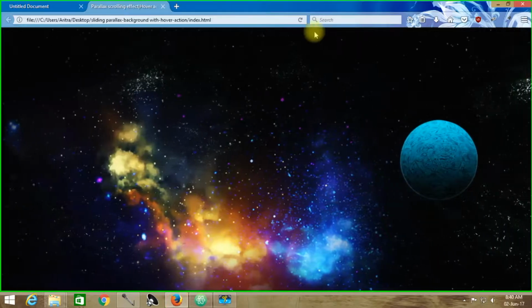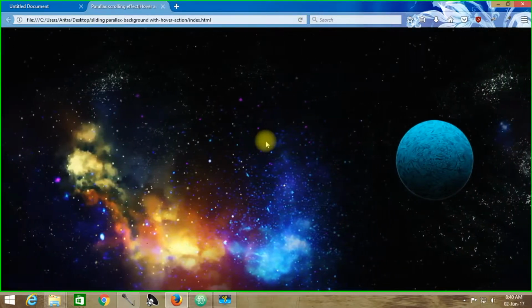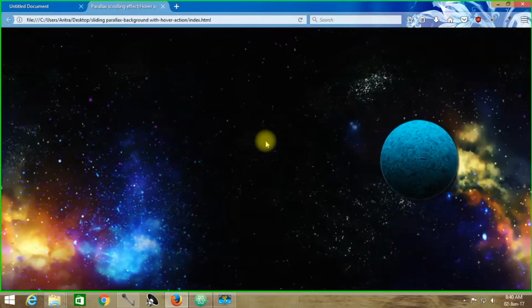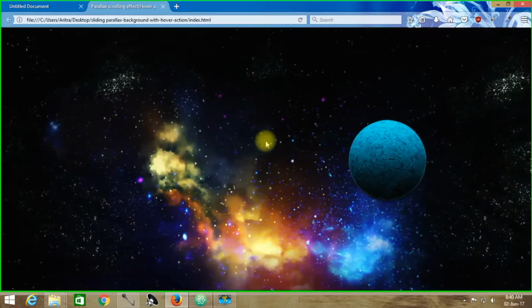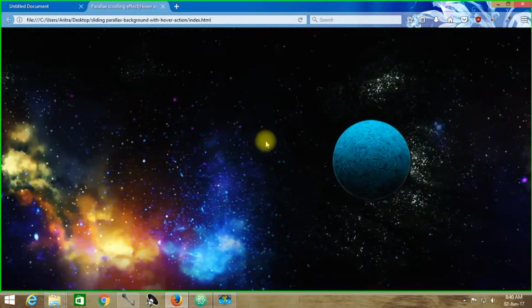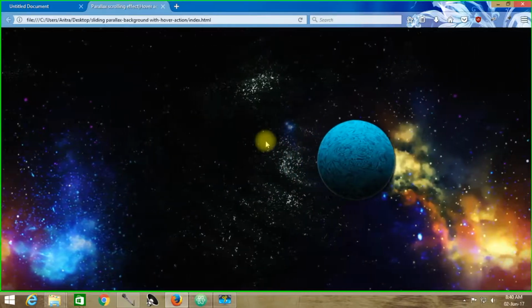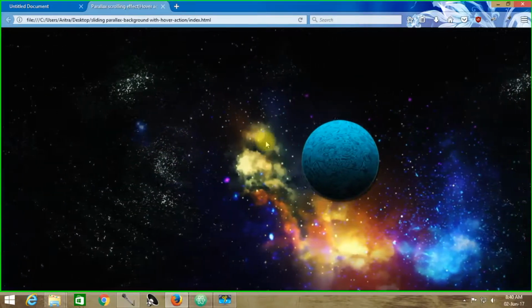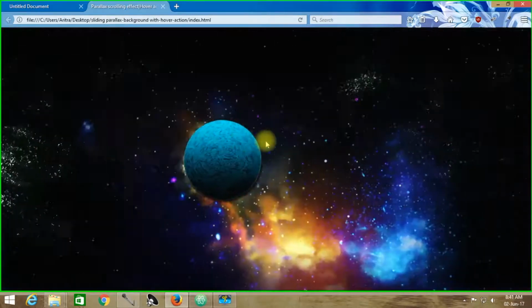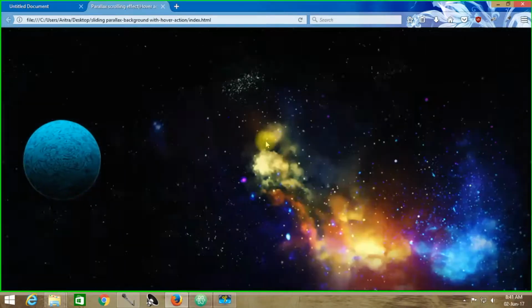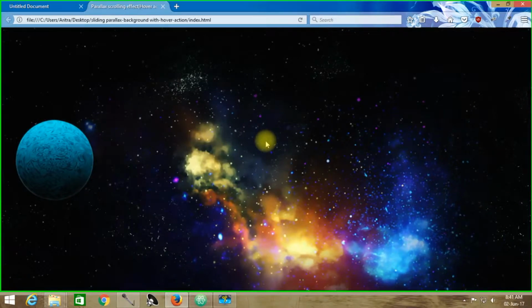As we see over here, if you move your mouse in and just hold on for 50 seconds, you will see that this animation ceases. So let's wait for 50 seconds here. Now as you can see, this animation is stopped.